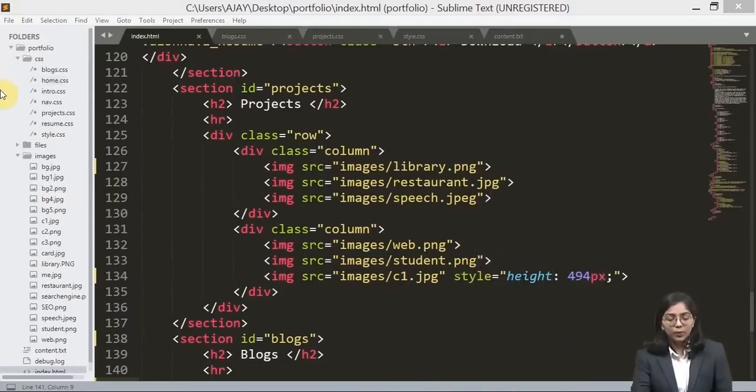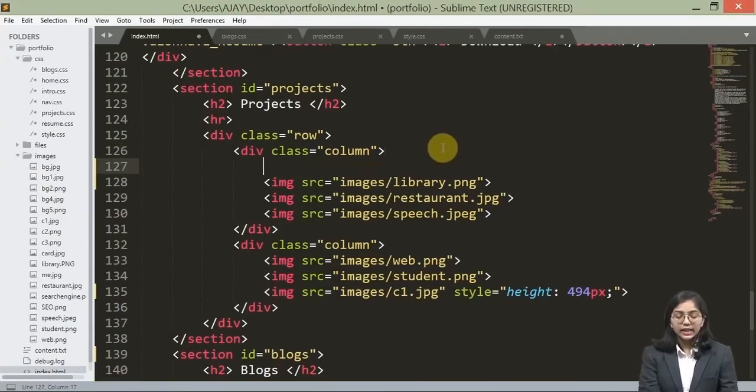Okay, so now we are going to create two divisions over here. First would be the container, inside which the title of the project and the image of the project would be there, and the second would be the content. Now why are we having two divisions? This is because we want to style both of them uniquely, and since the container, that is the image, is going to have the content on itself, we require two divisions, and the container would be the parent of the content.